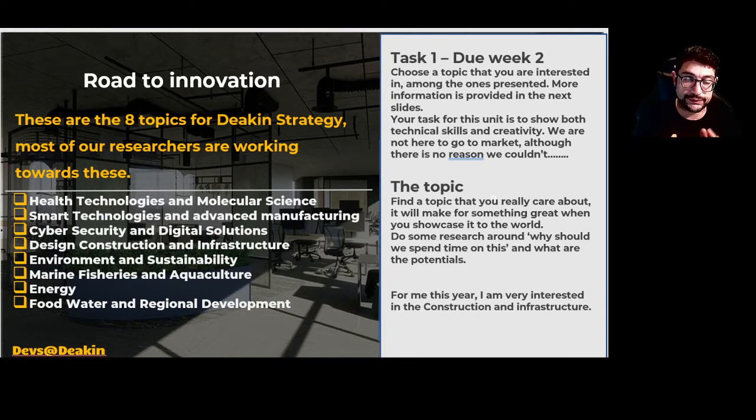As software engineers, you are meant to solve any kind of problem that comes your way. You don't have to be a marine biologist to create an application in marine biology. You don't need to be an energy expert to create an application in energy. You just need to be able to solve problems. If you cannot solve problems, and I think I mentioned this many times to my students across the years,